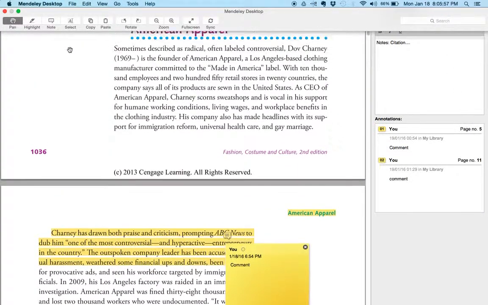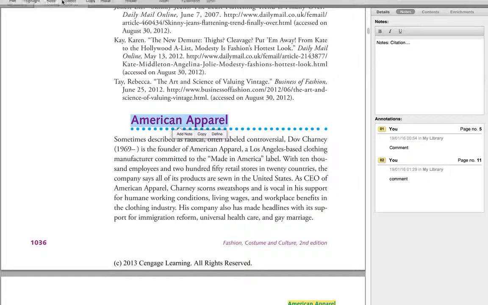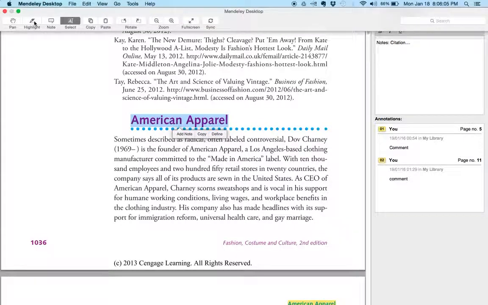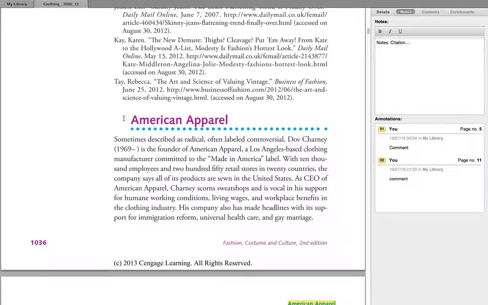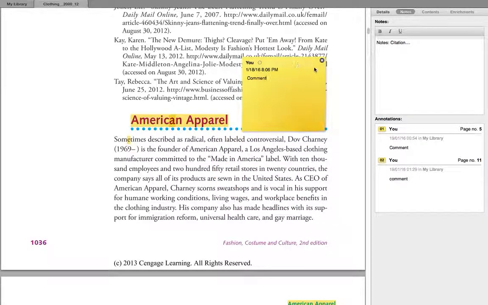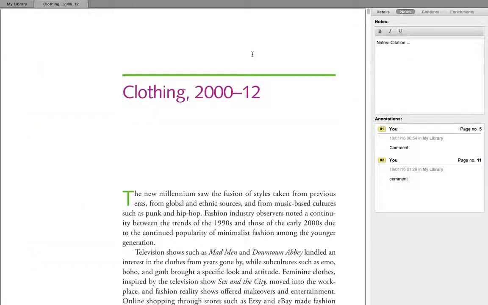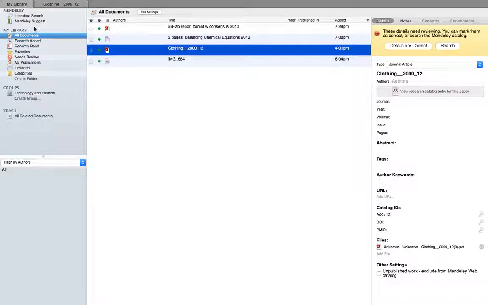So here, I'll show you how to, you click select American Apparel. Okay. Highlight. Okay, so actually you just highlight it. And then you can add a note. And so there you would type your comment, basically. And so that's how that part of the PDF works. So you can annotate your PDFs, have your citations on the side for each one, and then more on the